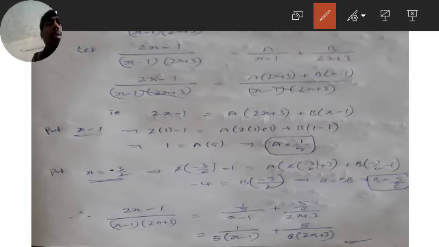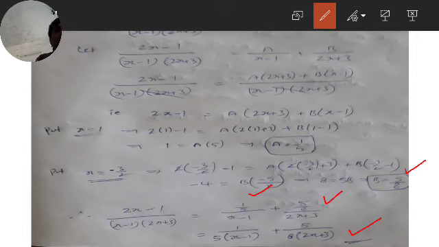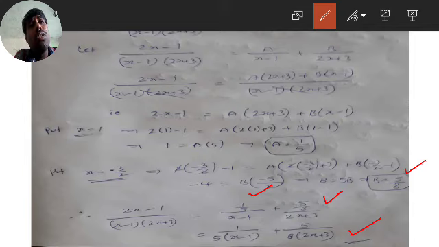So substitute, a becomes 0. What happens? Minus 4. B into minus 5 by 2, that is 8 is equal to, minus cancel, 8 is equal to 5b, and 5 to this side means it divides, b is equal to 5 by 8. Now substitute a is equal to 1 by 5, b is equal to 5 by 8. That becomes 1 by 8 into x minus 1 plus 5 by 2x plus 3. So very easy problem. All these are previous questions for 3 marks.